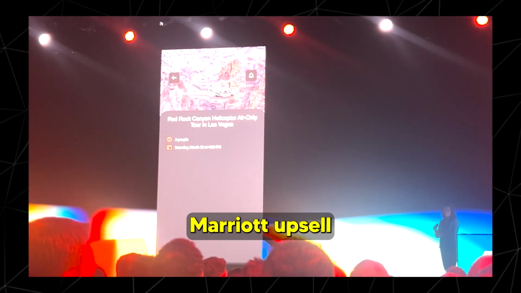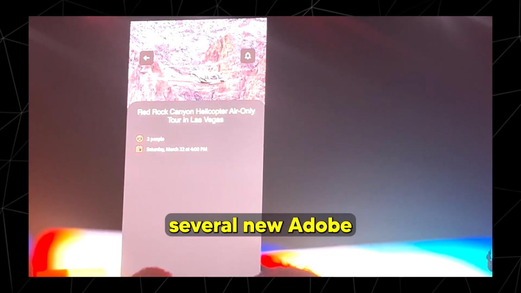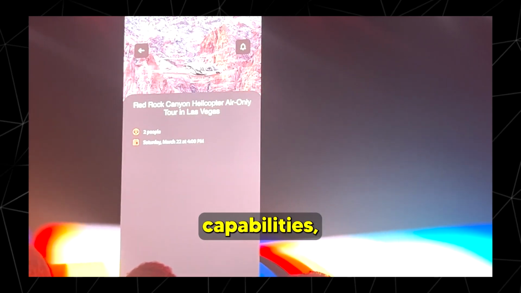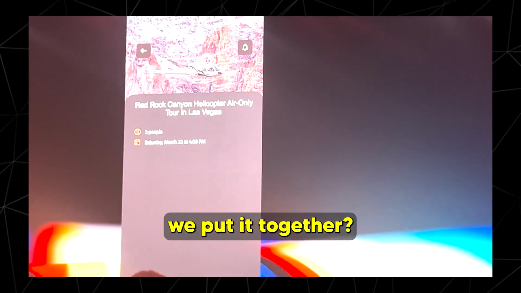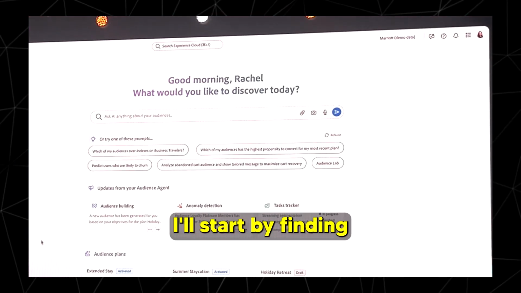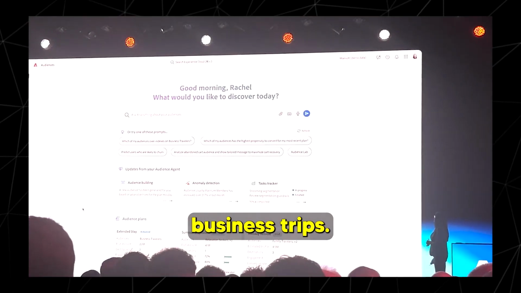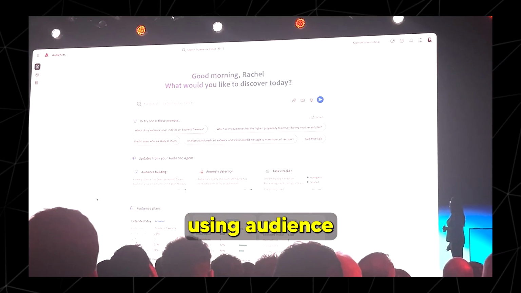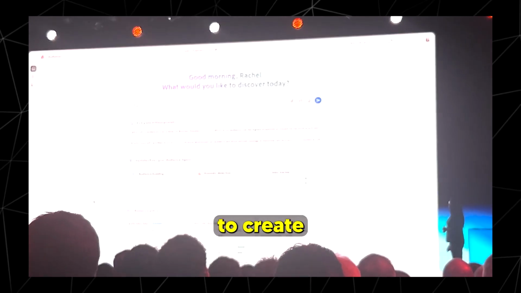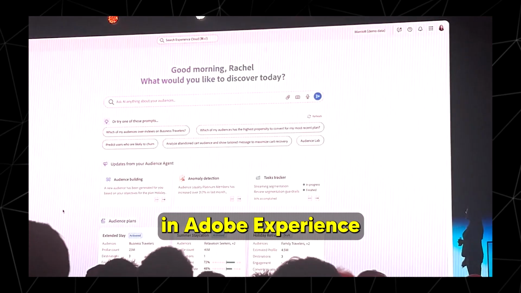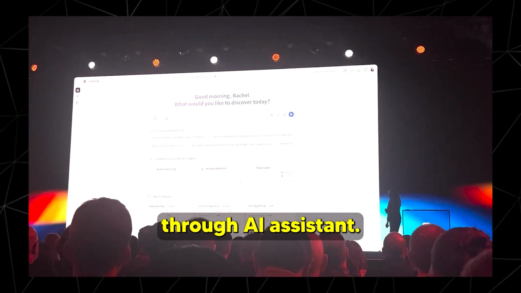Now, that Marriott upsell experience was delivered to guests at scale, leveraging several new Adobe capabilities. Why don't we check in to see how we put it together. I'll start by finding the right audience to target for my goal of extended business trips. I'll do this using Audience Agent, a new goal-oriented way for practitioners to create and refine audiences in Adobe Experience Platform. I'll start by asking Audience Agent through AI Assistant,